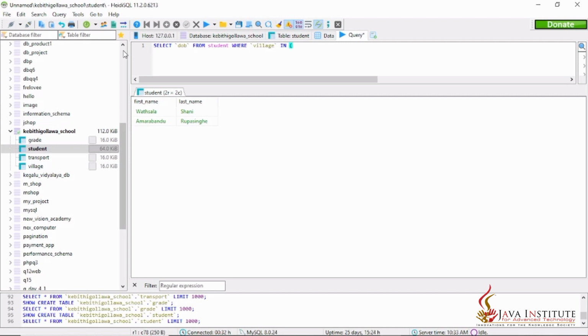then the next subquery, select ID from village where name equal Padaviya. Village should be Padaviya, and